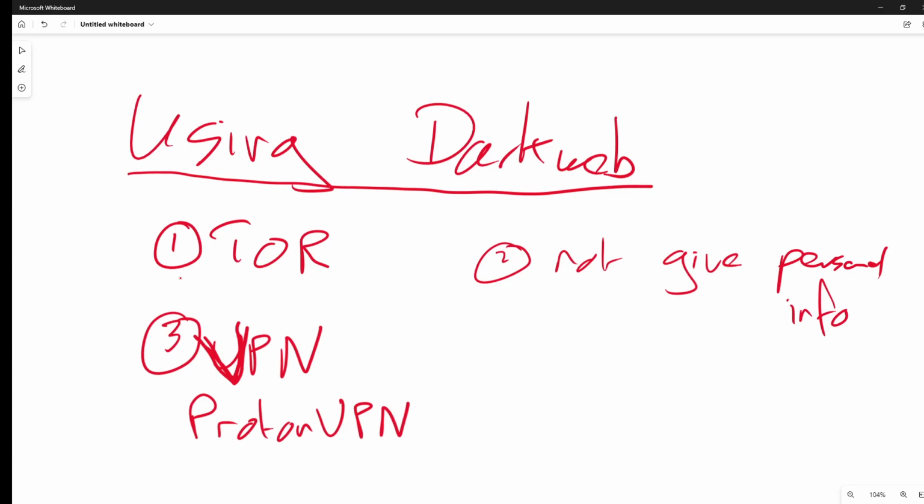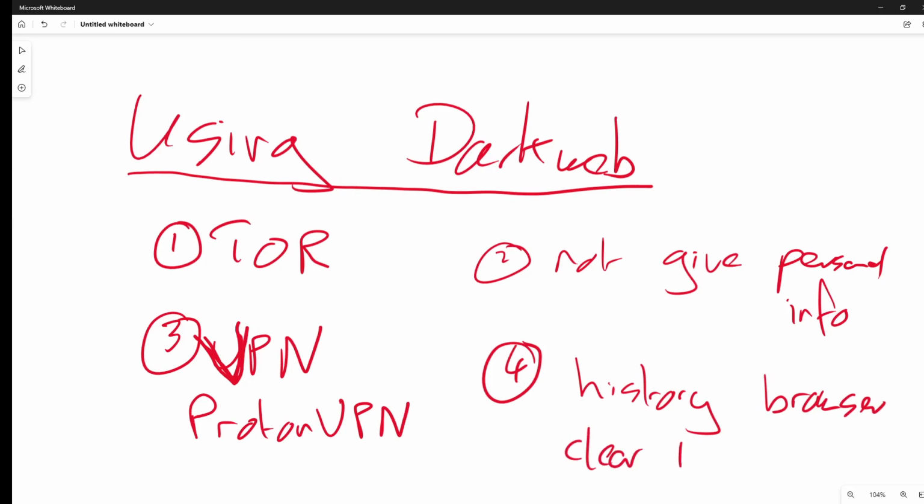Also, the last thing to make yourself secure, clear and reset your history from your browser. In Firefox, for example, you can configure Firefox to clear and reset your browsing history every time you open and every time you close Firefox.